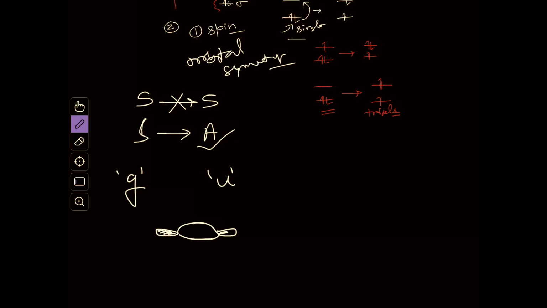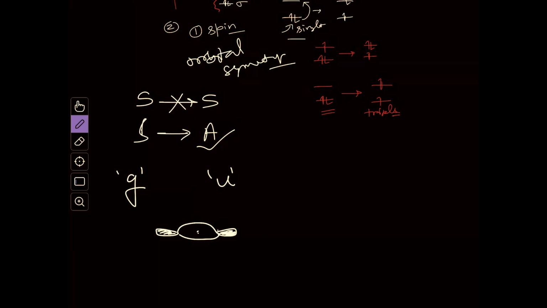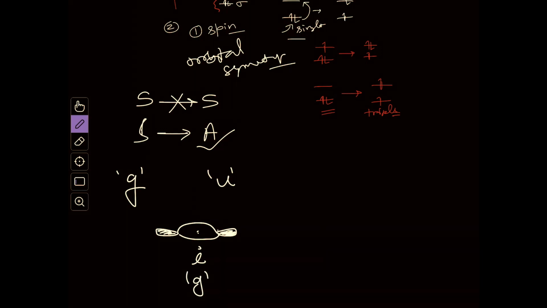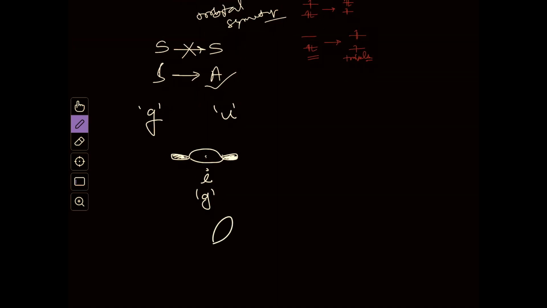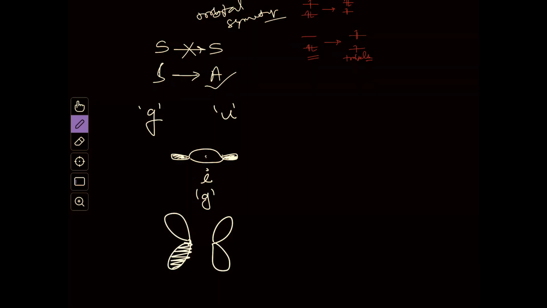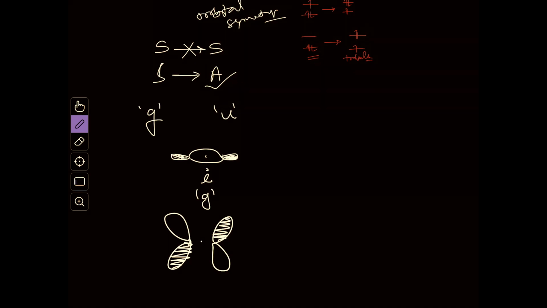Okay, so this is a sigma orbital, and you can see in this orbital, if you go to the center, you have a point of inversion, because from the center whatever direction you go you will get the same point. So it has point of inversion I, and that's why it is called Gerade. Similarly, if you consider pi star orbital, which is this one, here again you have point of inversion, because from the center if you go in either direction you will get the same point. So both this sigma and pi star, they are the Gerade orbital.